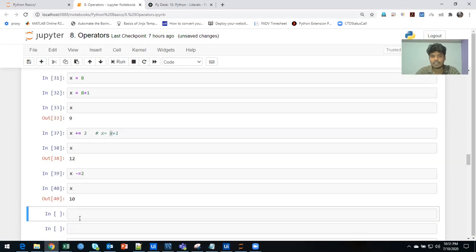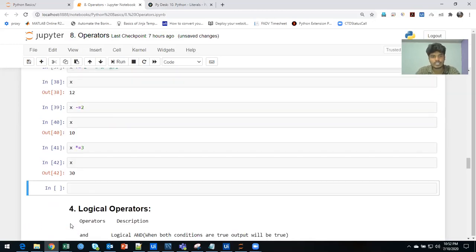That's simple, right? If I'm going to do the same thing for multiplication, I'm going to go quickly because it's very basic. If you're a very beginner and never tried this before, just try some things. I'm going to multiply with 3, x *= 3. We have 10 times 3, which is going to give 30, right? So if I print x, it is going to give 30. So it is the same.